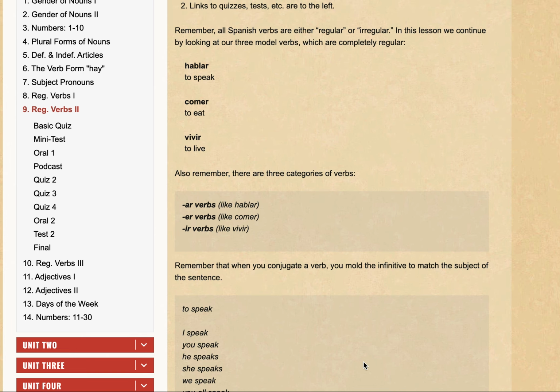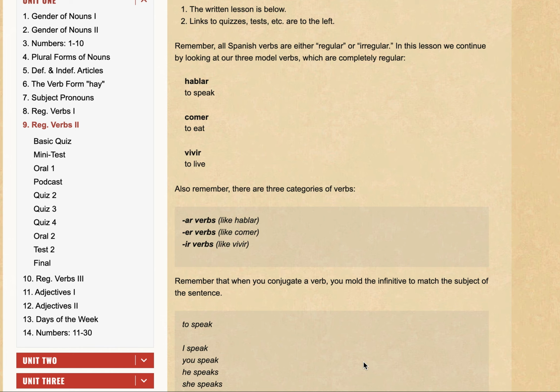So in terms of the recap, we looked at tú, which is you familiar, and the rule is that we drop the ending and add either as or es for ar verbs, es for er verbs, or ir verbs. So for instance, tú hablas, tú comes, tú vives, right? The second one is, okay, so we have tú,